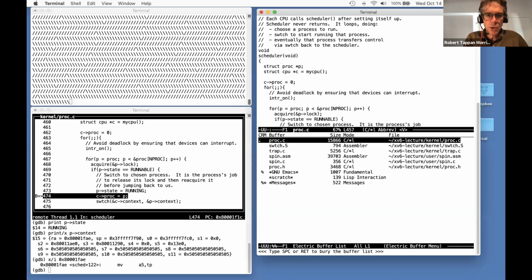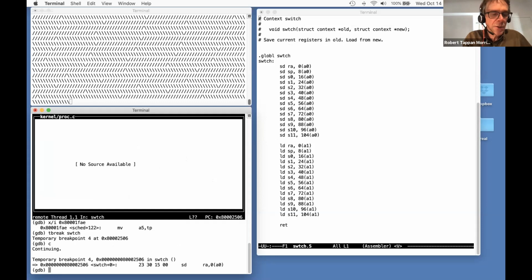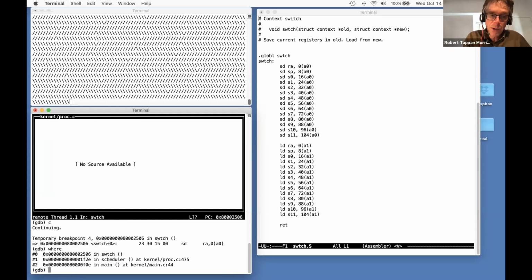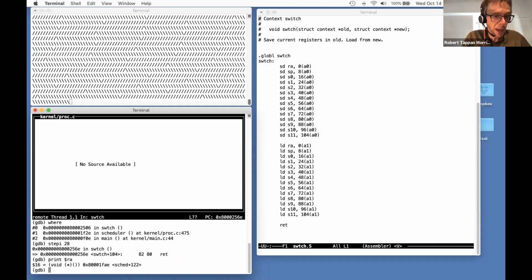Let me just bring up the switch code again. Actually, entering switch, where shows that we're still in the scheduler's context. I want to, again, execute all of the instructions within switch, this time switching from the scheduler to the new process. So we skip over the 28 stores and loads, just to convince ourselves that we are actually about to return to SCED. So now, since we're about to return to SCED and not scheduler, we must now be in a process's kernel thread and no longer